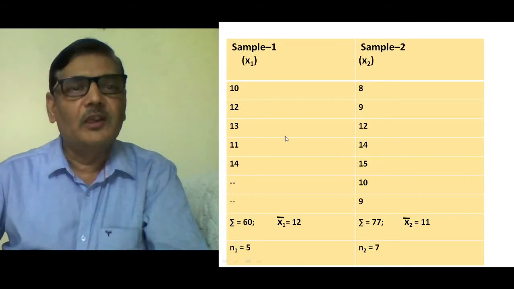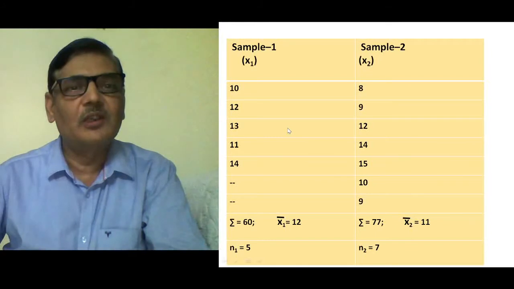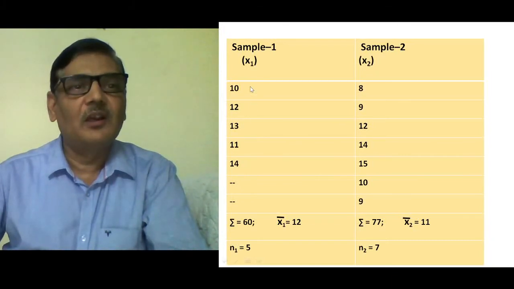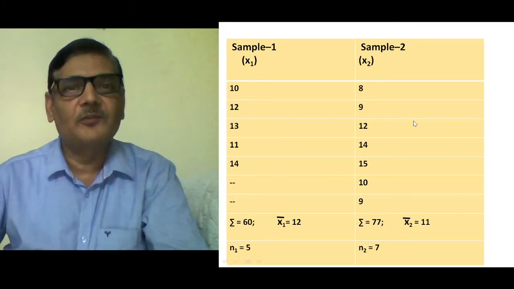In the case of the student t-test, we want to see the difference between two mean values. But sometimes we find that the mean values of the two samples may be completely equal, while the dispersion or variation in the observations may differ to a large extent between the two samples. So we want to see whether the observations of the two samples are quite consistent, or whether there is much difference between the variance values of the two samples. For this purpose, the F statistic is used.